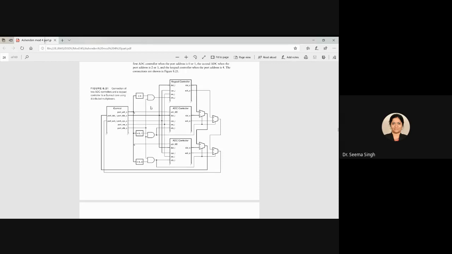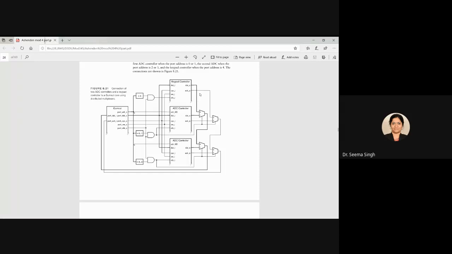So once port strobe output is high, it means Gumnut processor is trying to interface with any IO controller. Now, which IO controller is being used is decided by port address output. Whichever port address is written here, that specific port address will go here and it will activate that only. So that is one thing you have to understand, that this is how one Gumnut processor can work with more than one IO device through more than one IO controller.